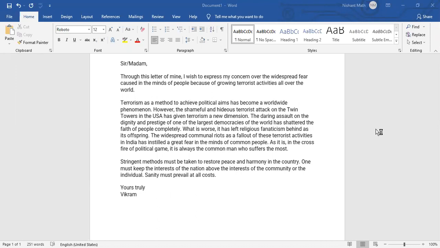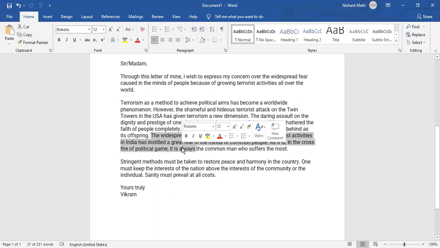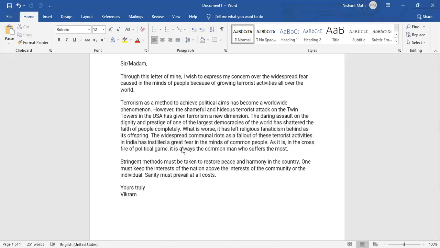The widespread communal riots as a fallout of these terrorist activities in India has instilled a great fear. Students, the questionnaire told us about the worldwide implication. Now, Mr. Vikram or Varsha is penning down about the communal riots happening within the country as well. So, from broader concept to narrow concept, that means all over the world and coming to our country's point of view. The widespread communal